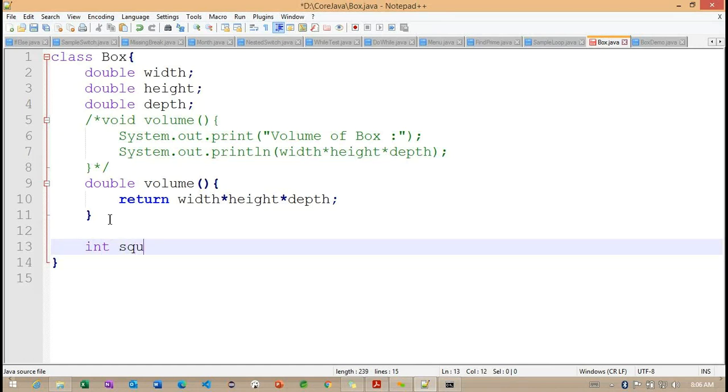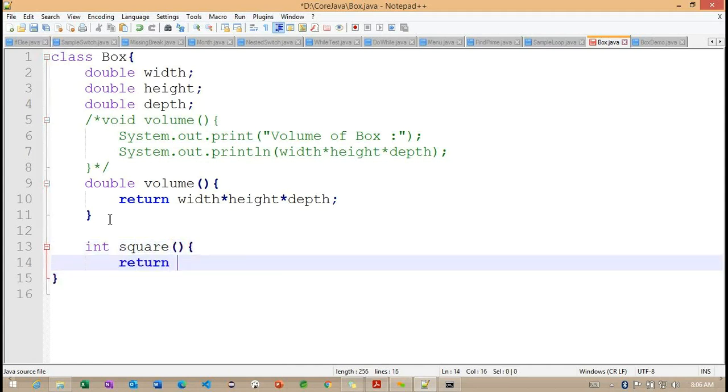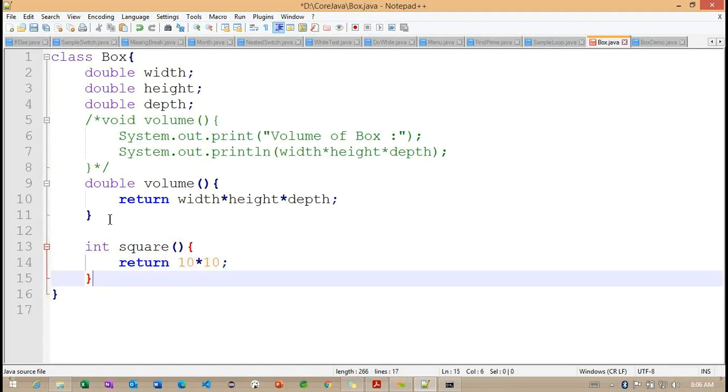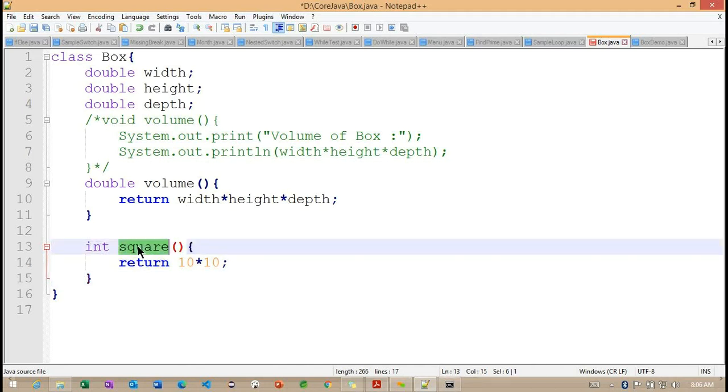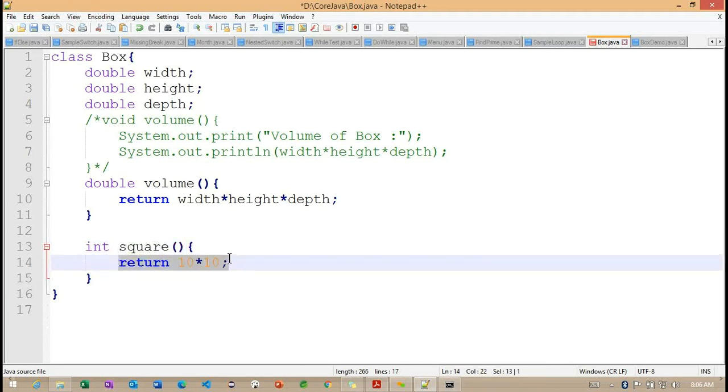This square method every time will return 10 into 10. Getting the point? Carefully observe how many times I call this square method; every time it returns the same value.